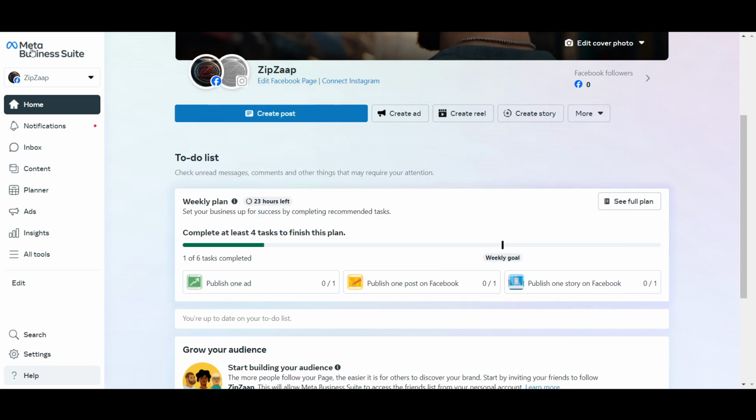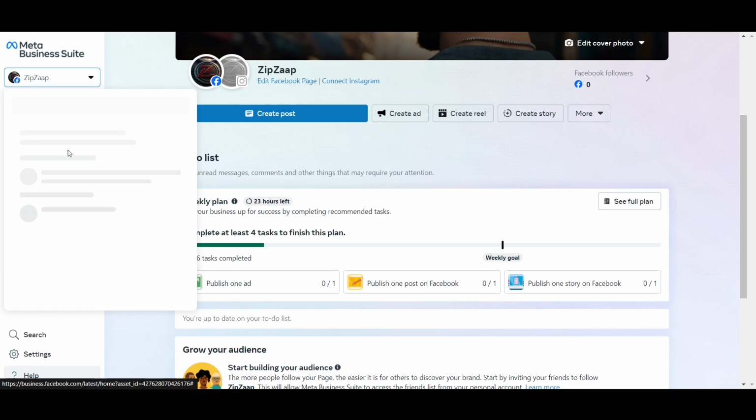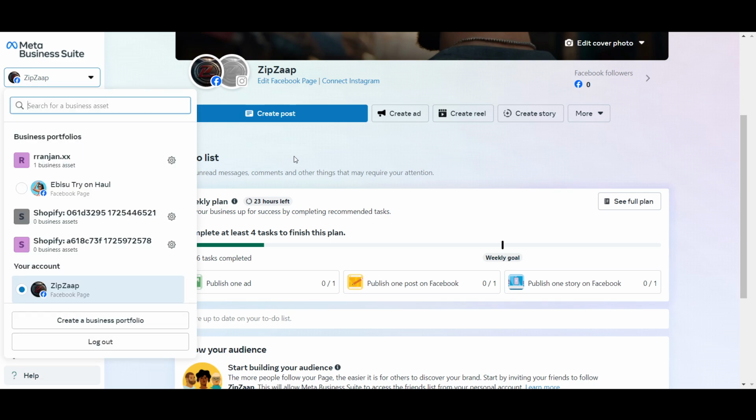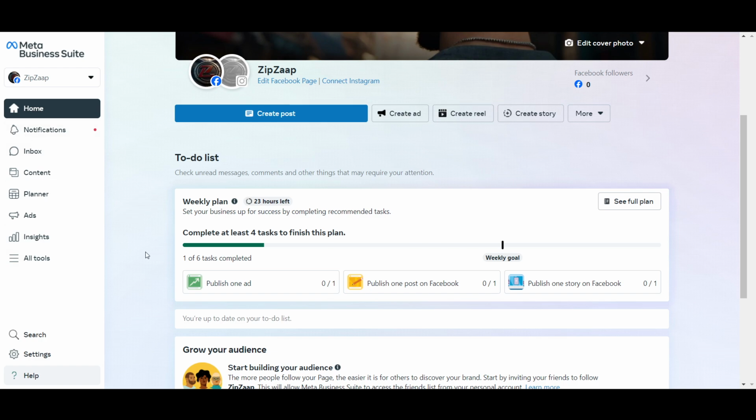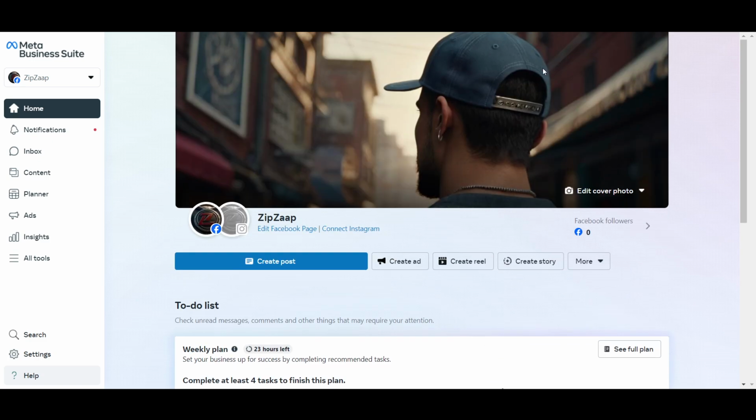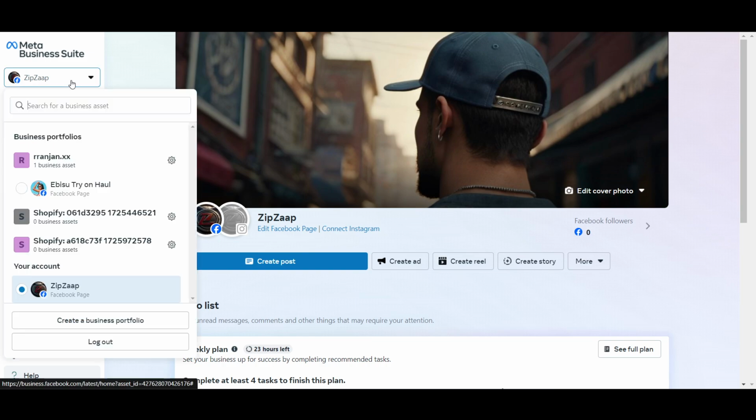Once you click on it and log in using your personal account, I'm already logged in, right? And this is Meta Business Suite here. This is one of my pages. In your case, your personal account will show up here and everything will be exactly the same, right? So after logging in, it will look like this. Now here, add a Facebook page. As you can see here, you will get this option of create a business portfolio or add a Facebook business page,